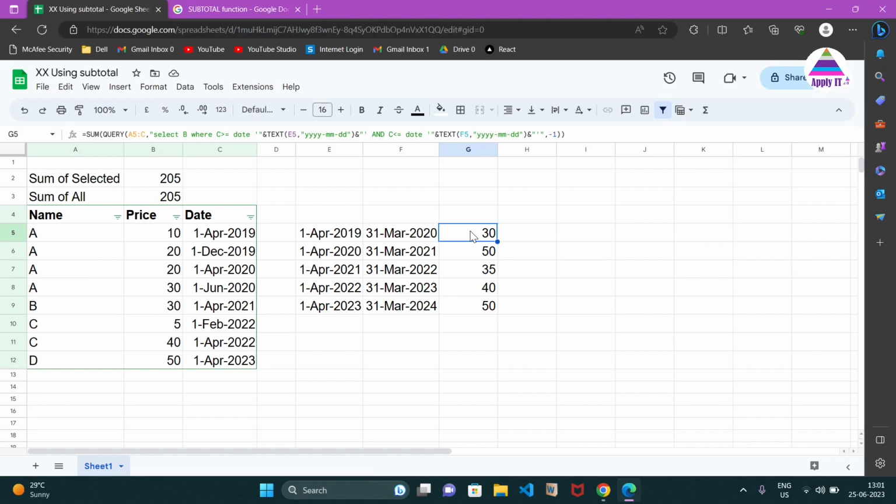So subtotal we can use for all the functions which are supported by subtotal. But if you want to carry out some function which is not supported by subtotal, for example XIRR, then we can use this query to select all the relevant rows, supply that range into the original function, and